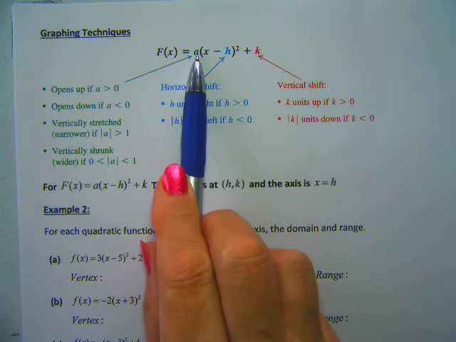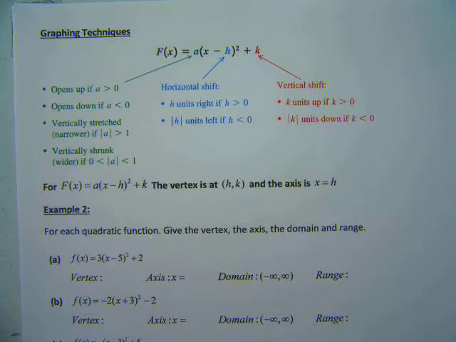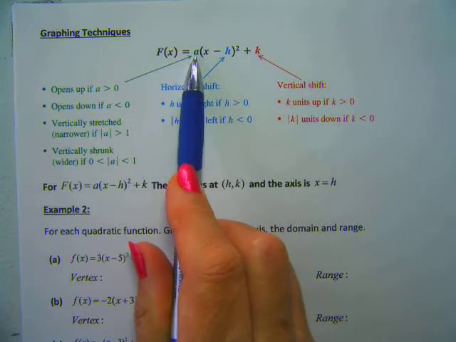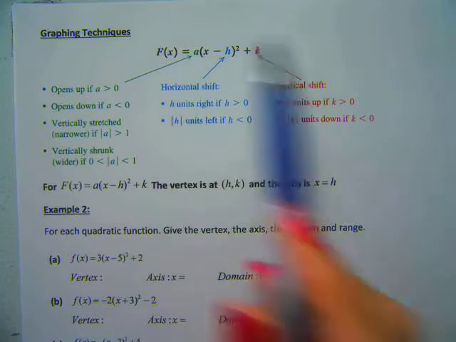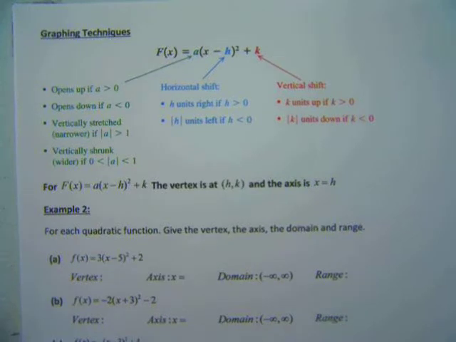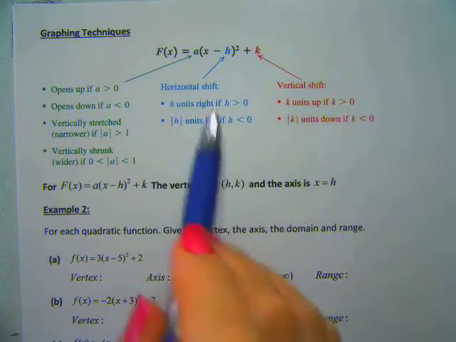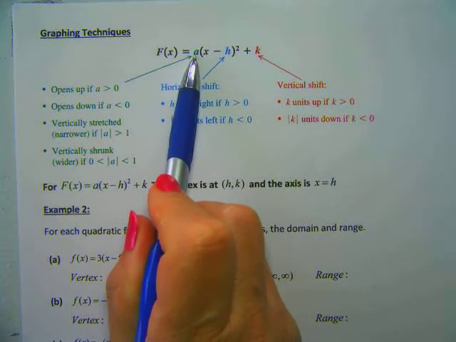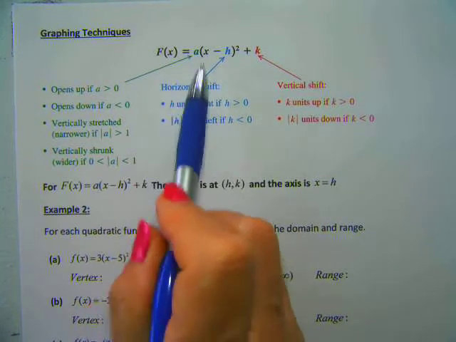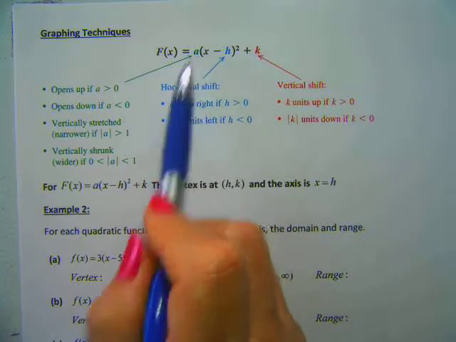In front is the shrinking and stretching. Okay. And that tells me if the absolute value of a is greater than 1, then it is stretching vertically. If it is between 0 and 1, it is shrinking vertically. But also, it tells me if it's positive, that the polynomial opens up, and if it's negative, the polynomial will